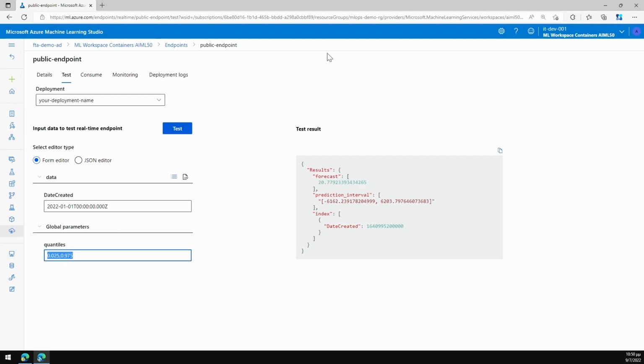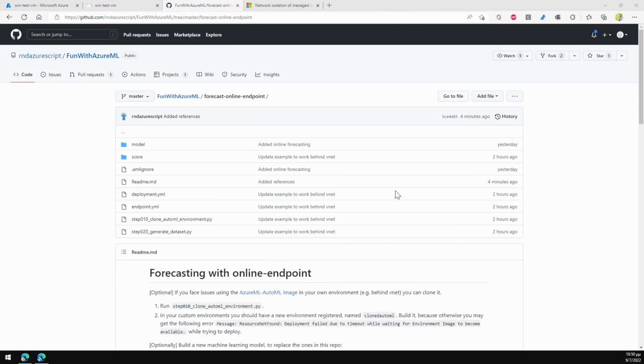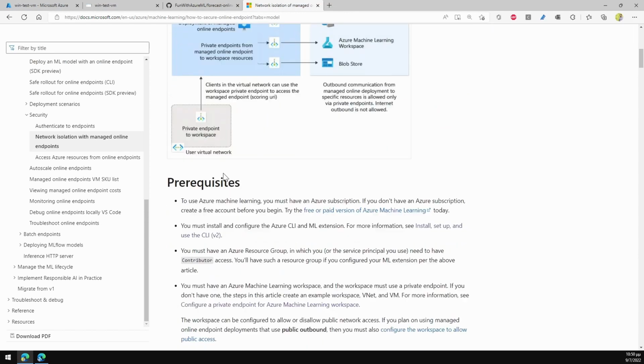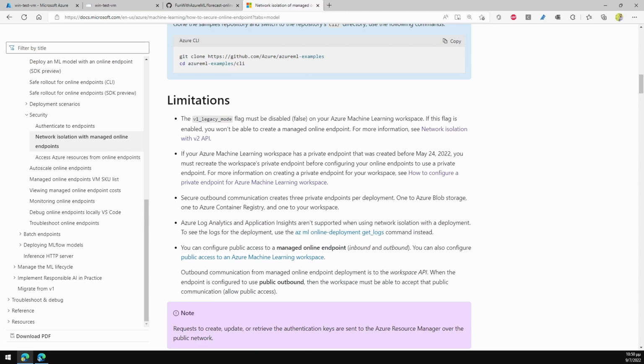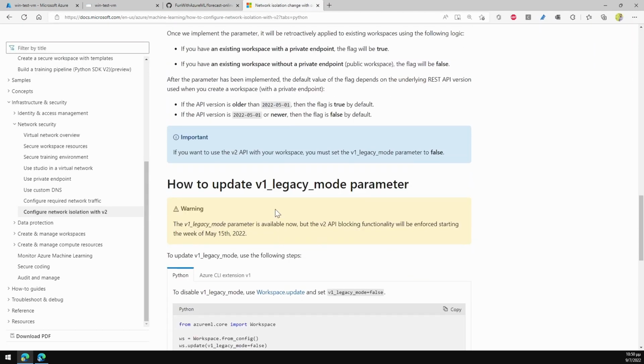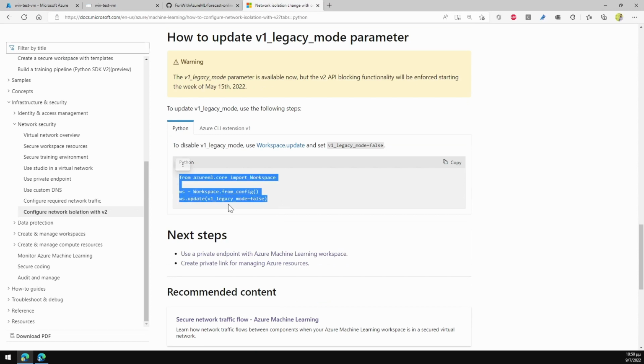This works great when you have a workspace that is publicly accessible and has access to the internet, but when you are behind a virtual network and you have network isolation, things need to change a little bit. For that, I would like to point out that first and foremost, this is a preview feature, and one of the key limitations is that you need to disable the V1 legacy mode. This means that you will need to run Python code in a notebook, which basically disables the